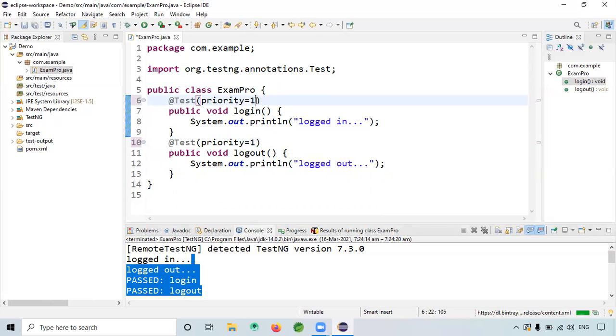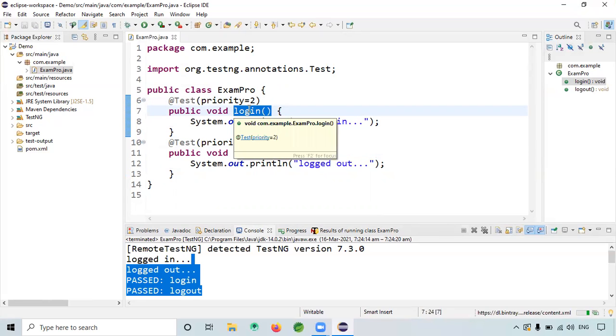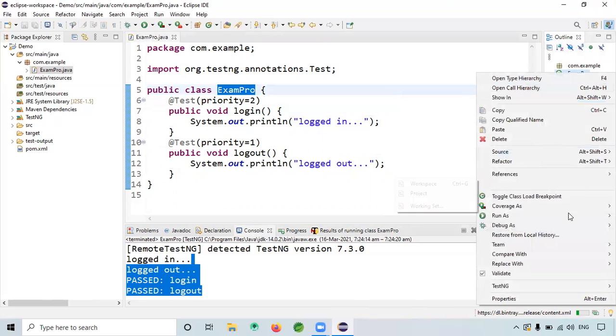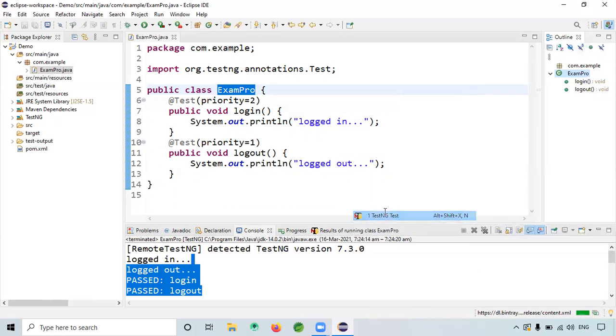Paste here, this will be my number two priority. So first logout has to happen, then login has to happen. So just give priority like that, we need to mention. Now when I run this project, run as TestNG test.